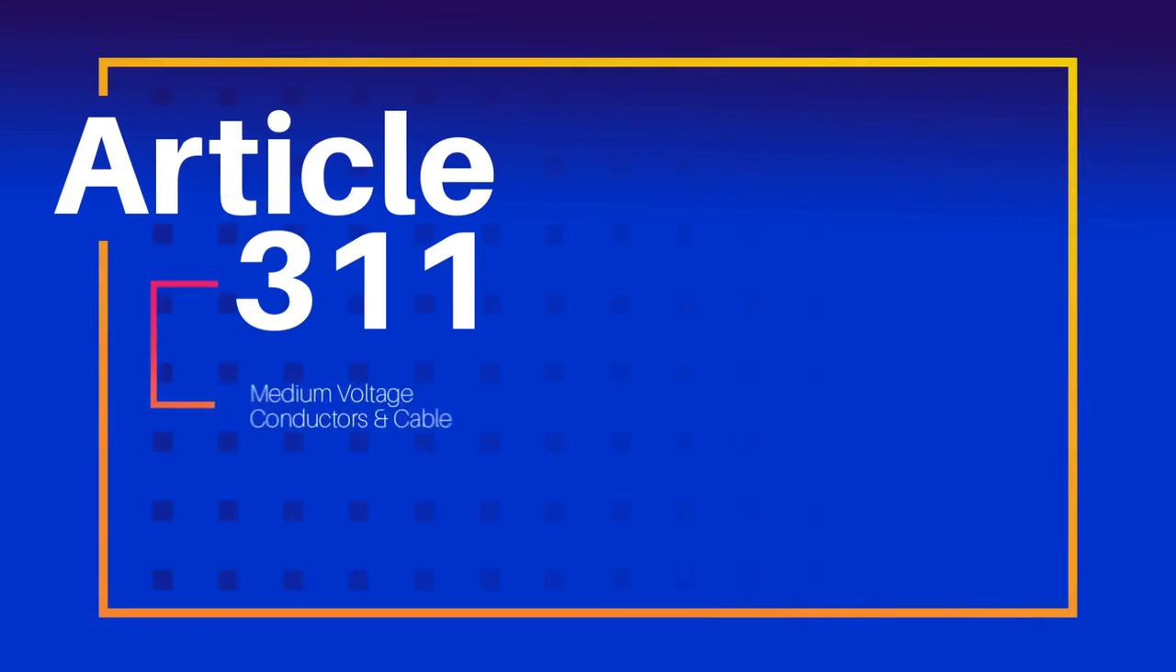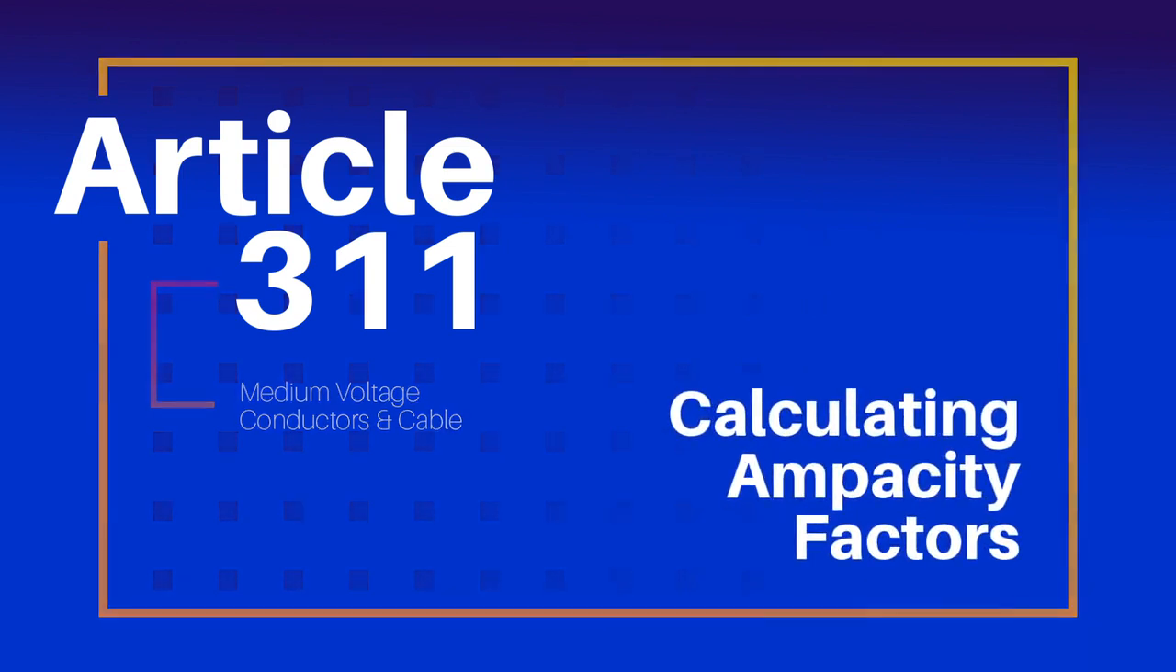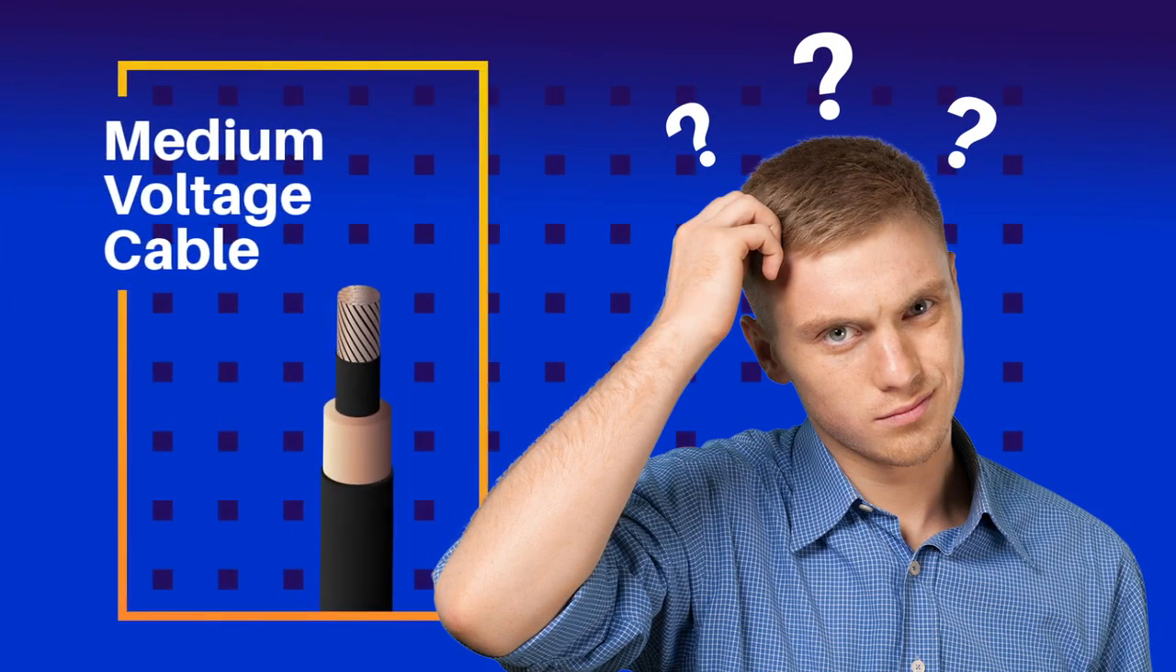Article 311 on medium voltage conductors and cable is a new article that addresses the increasing concerns users have experienced in calculating ampacity factors. It was unclear whether Article 328 on medium voltage cable in the 2017 NEC covered every installation of MV cable. The code-making panel decided that moving medium voltage cable out of Article 310 into a new Article 311, and moving all the provisions from Article 328 to Article 311, would eliminate confusion and make Article 310